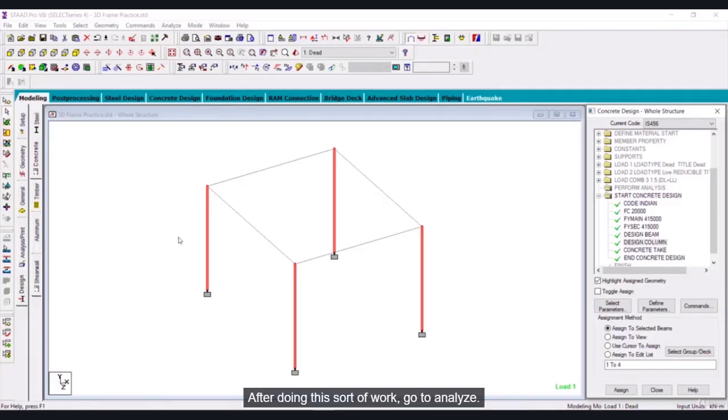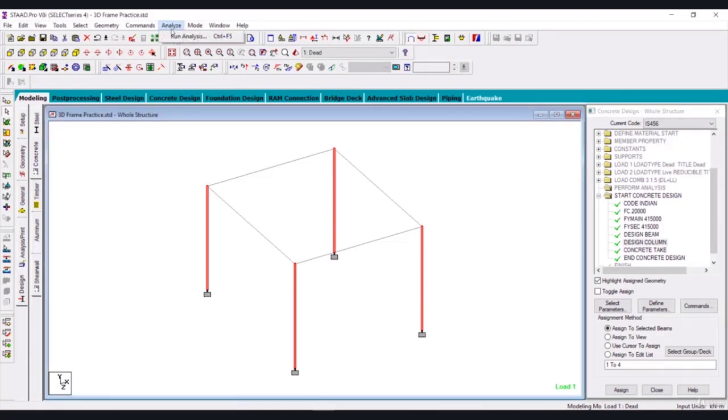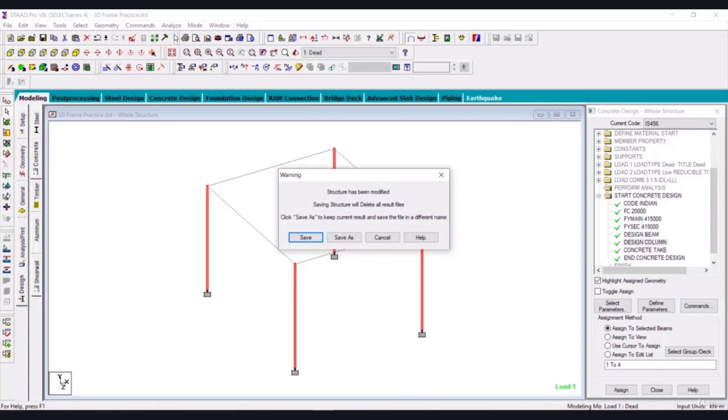After doing this much of work, go to Analyze and click on Run Analysis and save it.